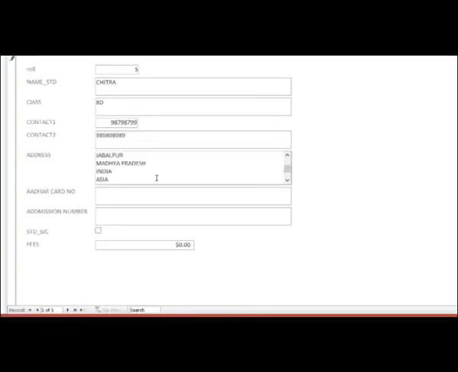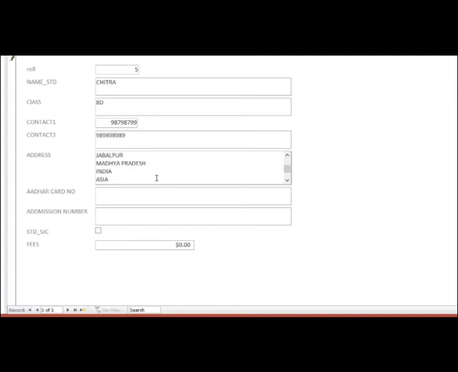Now class, children, notice one more thing: when you typed name or class, these columns were also short text, but the address column we have taken is long text. So at the right hand side of the address bar, you can see a scroll button is visible. That means this type of bar with the scroll button shows that you can type lengthy text.